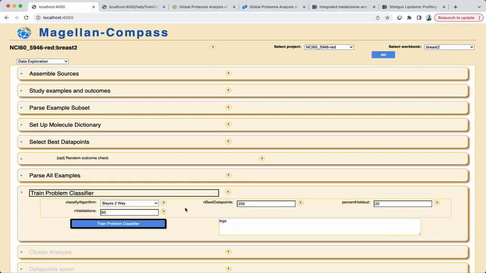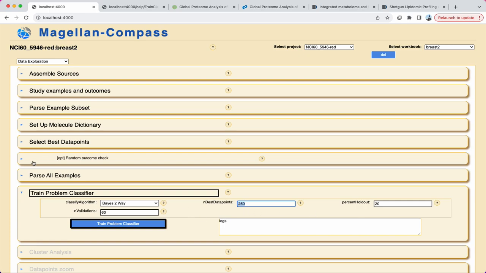There are several user-defined parameters to configure in the classifier training tool. One is to determine class or value from several different options. One generally uses the same method as the one selected in the prior data point selection module. Next is to set the number of data points to be considered in machine learning training. Data points with the highest decision value scores are selected for each binary decision.